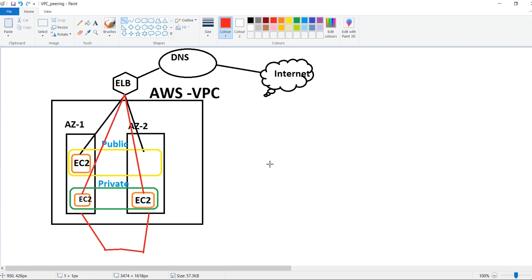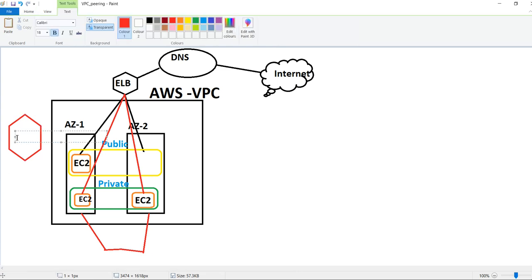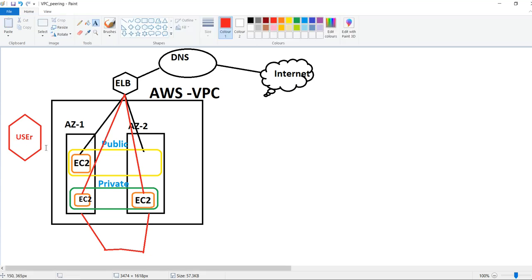Assume this guy is a user, and a user is nothing but you or me, anyone. If the user wants to connect to any private EC2 machine, first he connects to this EC2 machine, and then from this machine to here, and from this machine to here. I hope it is clear.